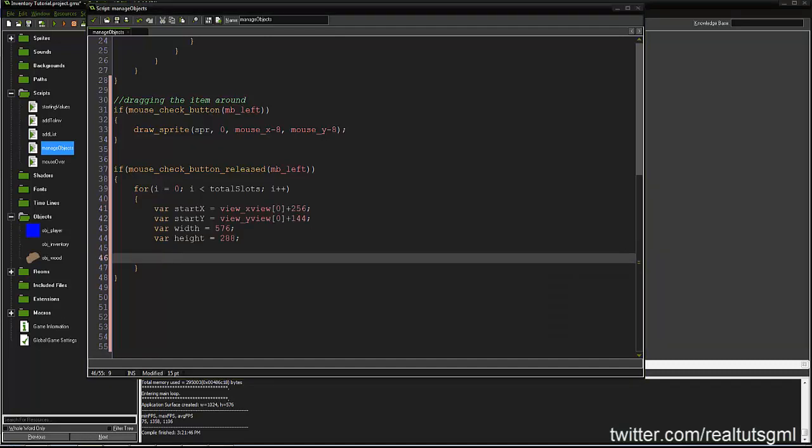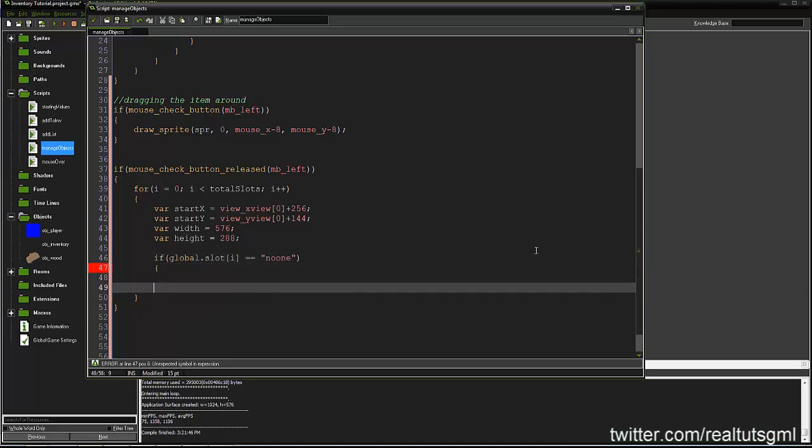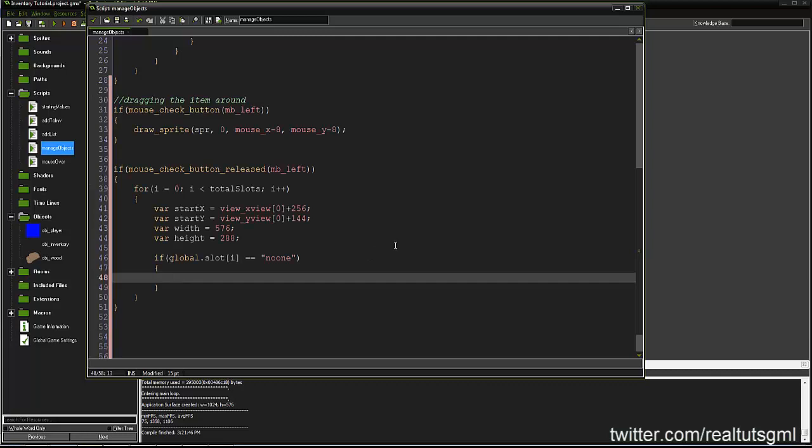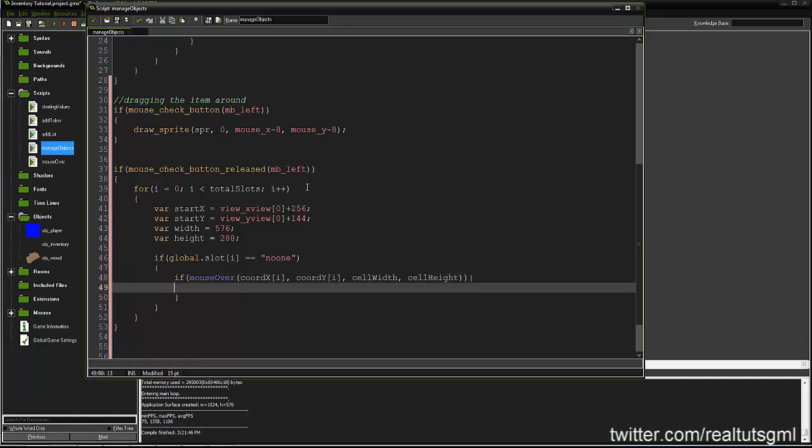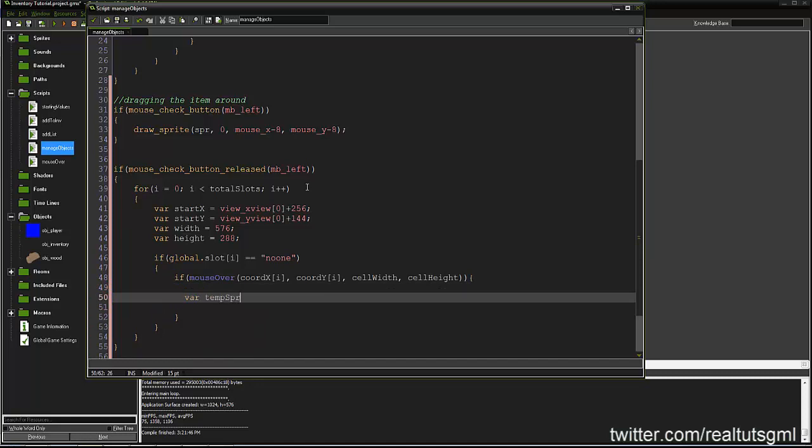But for now, just to be able to switch it from slot to slot, what we're going to say is if global.slot I equals no one, if our mouse over, we're going to use that script again: coordinate x I, coordinate y I, cell width, and cell height. We're going to create a temporary variable, var temp SBR equals our SBR,